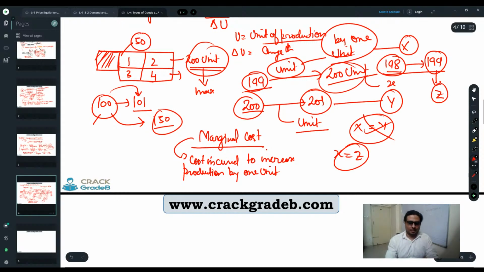And see the irony. For example, you have decided, okay, I will increase the production from 200 to 201 by having this fifth unit. I will establish this fifth unit, and here now production is going to be increased from 200 to 201. This one is producing 50, this was producing 50, this was also producing 50, and now this one is just producing 1 unit, right?